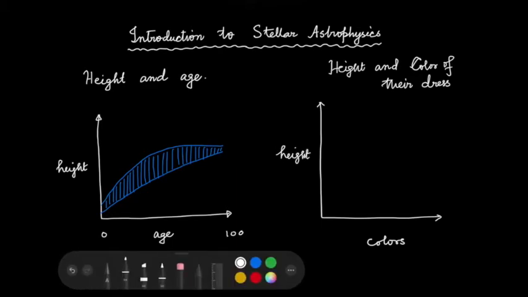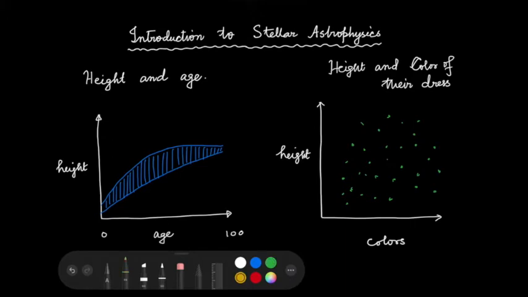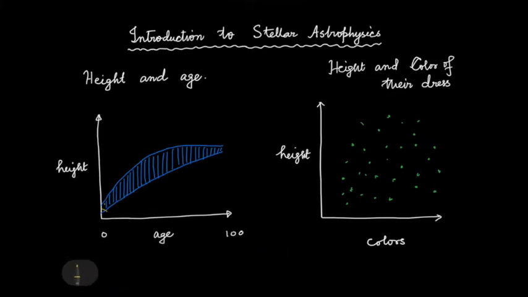Now here I don't see a band like this. The data lies everywhere. If I would have done the same thing for human beings, so say human beings, let me draw with this color. Here it would have looked the same, because we know with age the height increases and after some time it does not increase much. On the other hand, for the height and color plot, we would have seen something interesting. What happens for the human being is that height remains constant after a certain age,